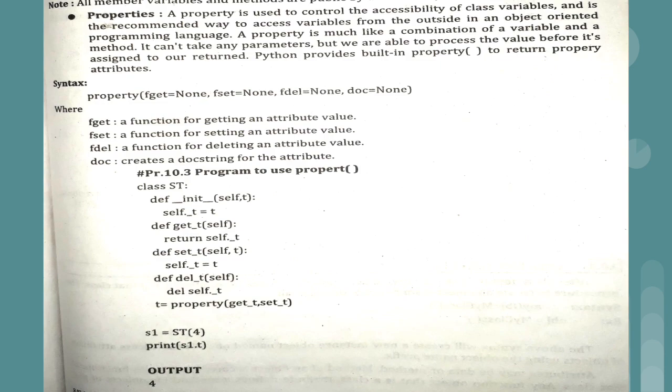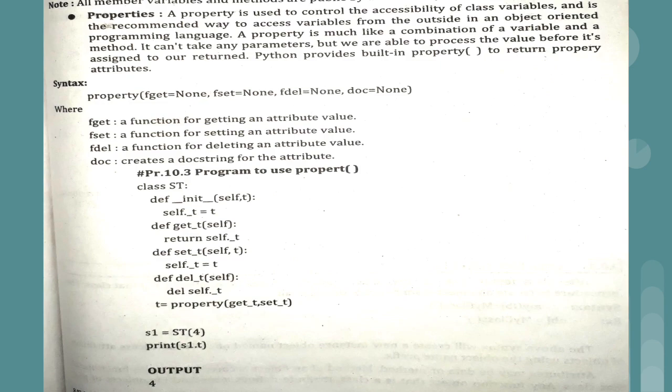And self._t means self, the current class st, which is having the t variable. Like in C++ we have seen a program where the global and local variables have the same name. The same thing they have used here: _t is a global variable, and only t is, we can say, a local variable because it is a parameter variable. So _t is global and only t is a local variable.